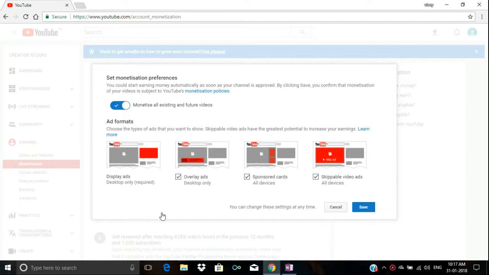Desktop only or all devices. Desktop ads are desktop only. These are all for only desktops. These are all for all devices like phone, mobile, tabs, etc. And skippable videos for all devices. Change, save,